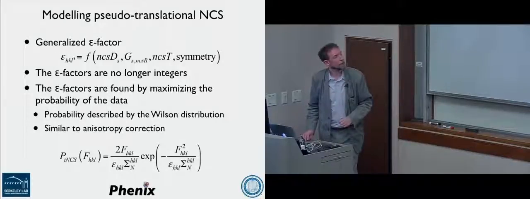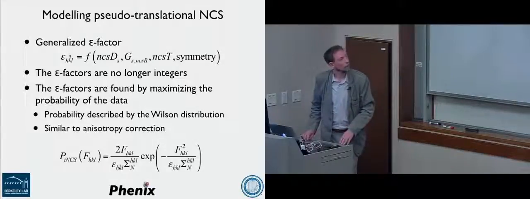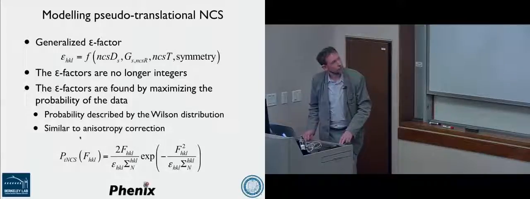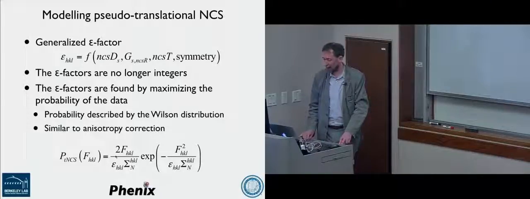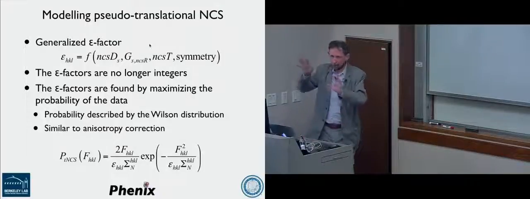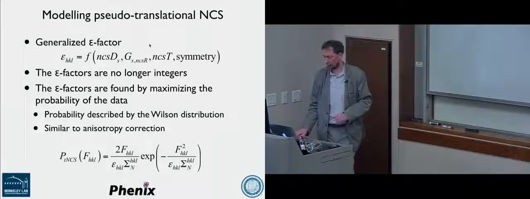This is a weighting factor that takes account of some aspects of symmetry. But when we have NCS, these are typically integer values. When we have translational non-crystallographic symmetry, we can actually obtain non-integer values for these. So just technically, that's what's being done. And I won't go into this, but just to say that we can have a likelihood function here that is used to obtain the values for these epsilons by optimizing parameters of these spheres and their rotations and translations with